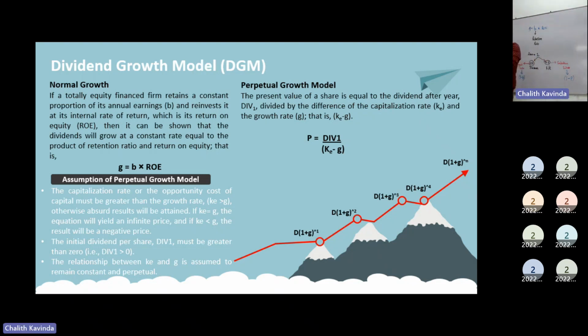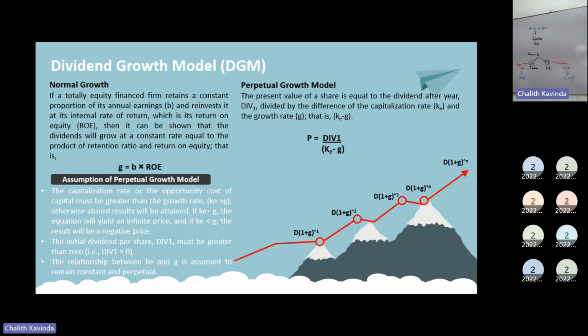If the dividend is linked with a number of years, it's constant or normal. But if the dividend is not linked with the number of years, we can say till the end of the life of the company, we are going to pay dividend. How to calculate the growth? It's difficult. So accordingly, we are using a particular model called perpetual growth to calculate the price of the share in such a circumstance.